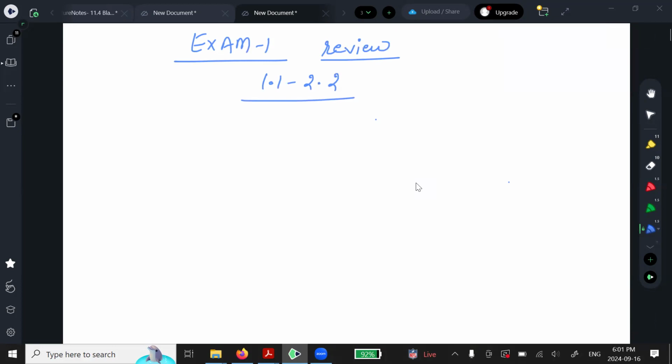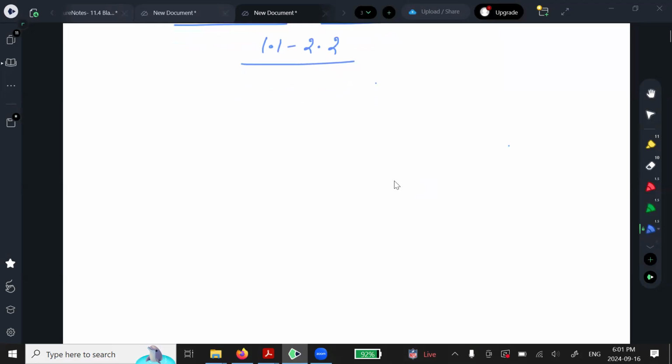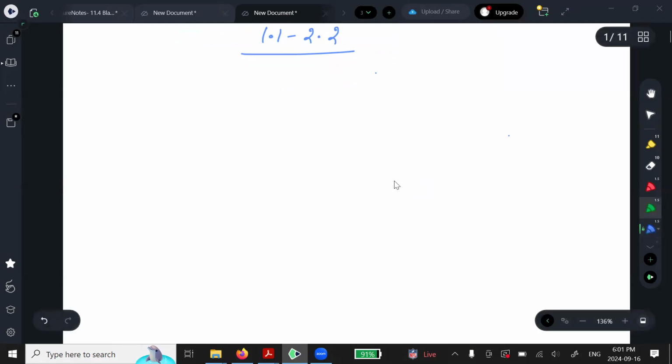There will be no solutions. No solutions will be posted. Every question on this review has been solved during my lectures. You can find a solution for a similar problem somewhere. But all the basics that you need to tackle these problems in the exam is what I'll give you in today's class, okay? Number one,